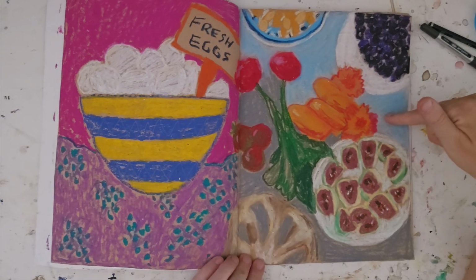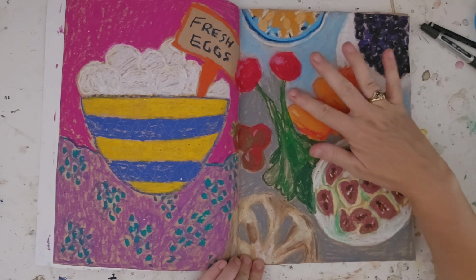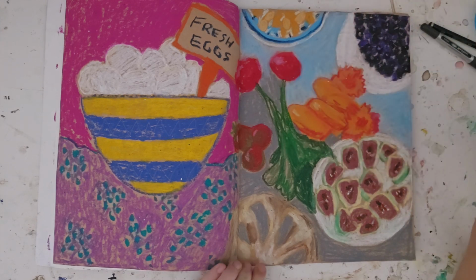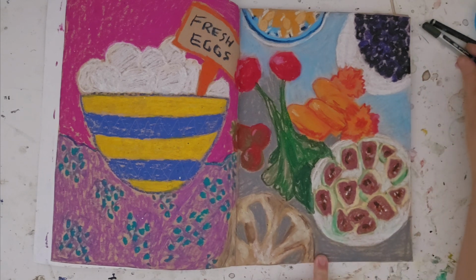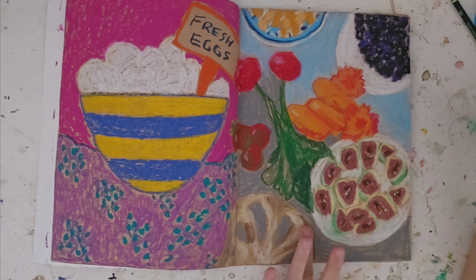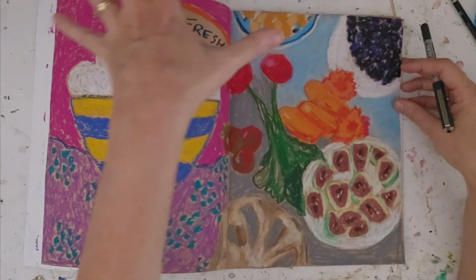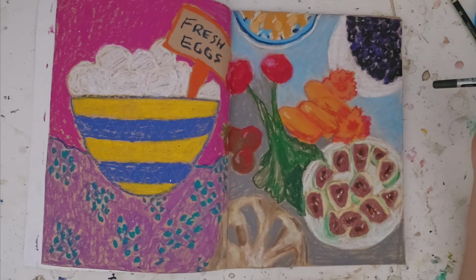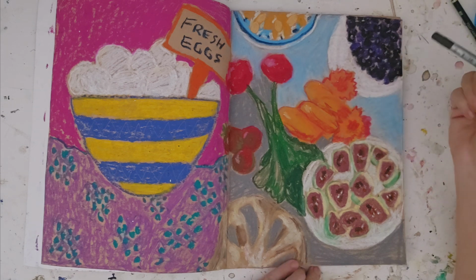So I started with this page, and yeah, this was from Instagram. This was a challenge on Instagram. I'm trying to think of the challenge now. I think it's Still Here, Still Life. And it was this big table with all these foods on the table. I just did a section of the table. So yeah, we have